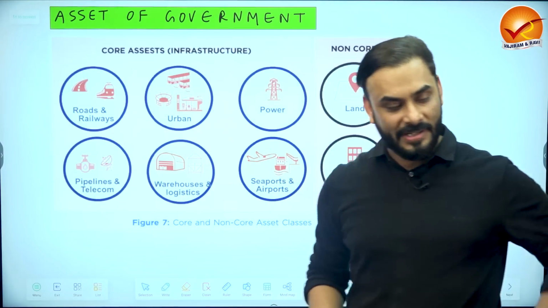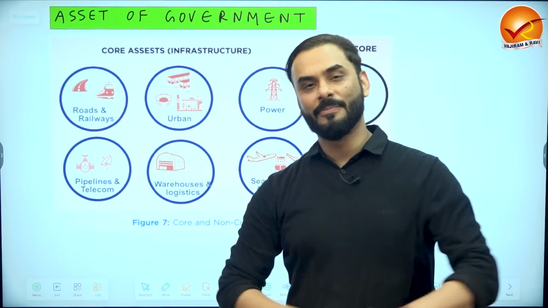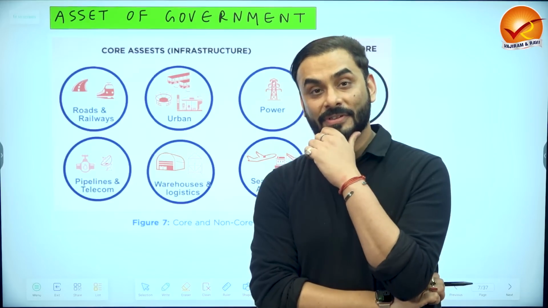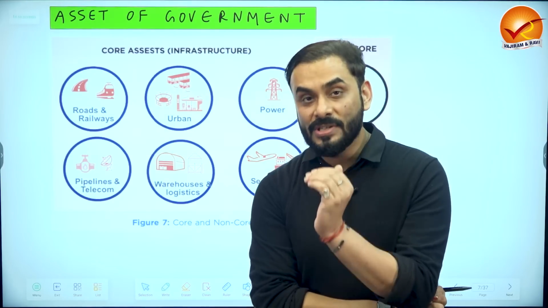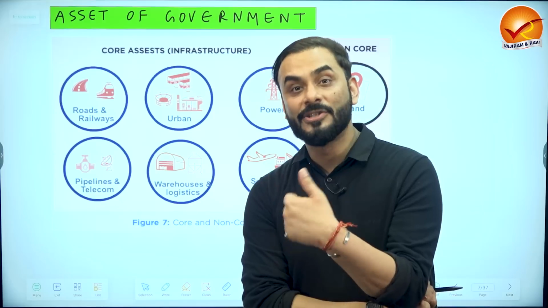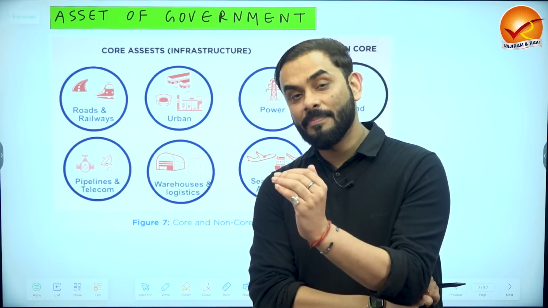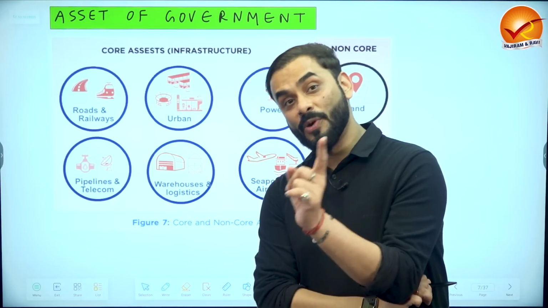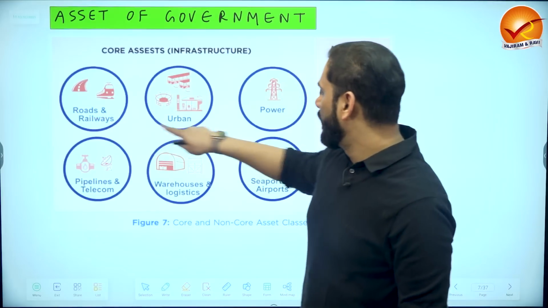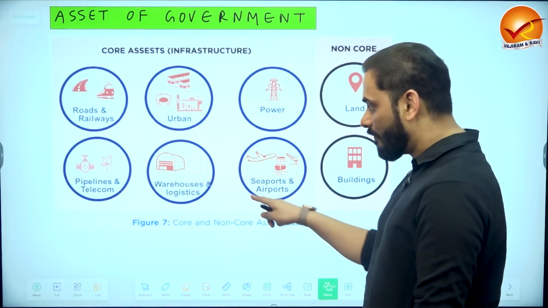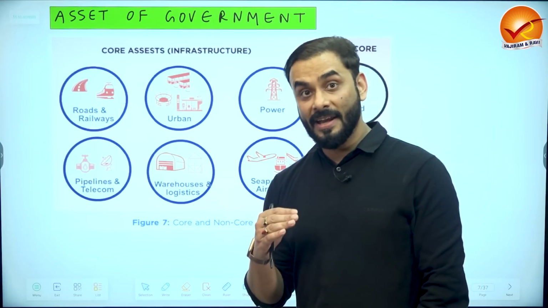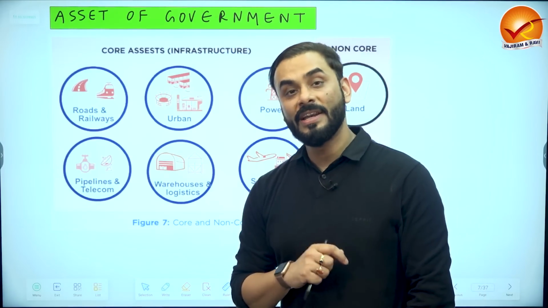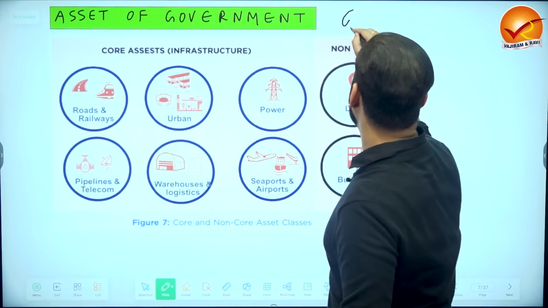Now, out of these assets, let us pick up a few assets and let us try to understand their property. For example, let us pick up railway stations and airport. What is so unique about it? If you pick up railway station, airport, bus stop, what is unique thing about these things? These are those infrastructures which the government directly provides to people. So when a government directly provides some infrastructure or some utilities to people, that is called as core assets. For example, road, railway, urban infrastructure, power, pipeline, telecom, warehouses, seaport, airport, these are directly given by government to people. Hence, they are called core assets. Core assets are of two types. One is Greenfield core asset, right?